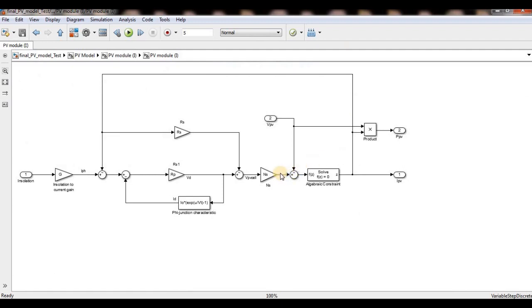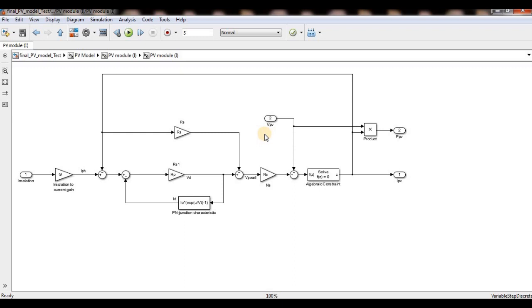Once I got the VPV, I subtracted it from my input voltage of VPV. What is my input voltage? Because I want to get the characteristics, I have to vary the voltage from 0